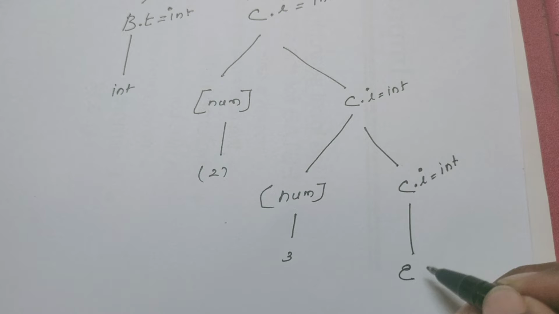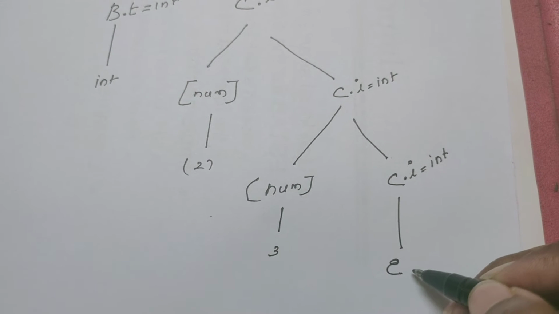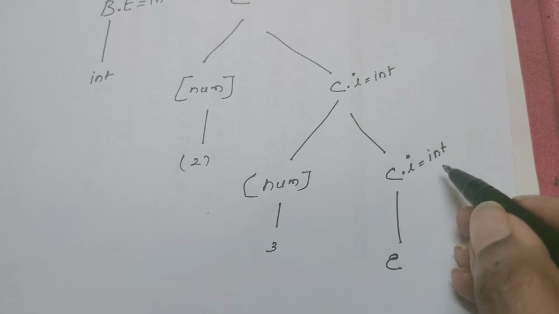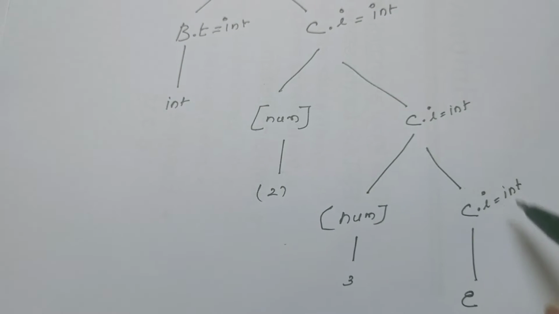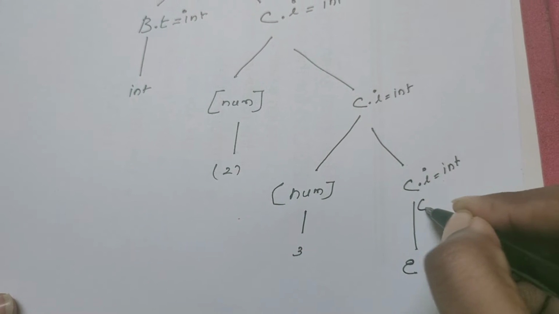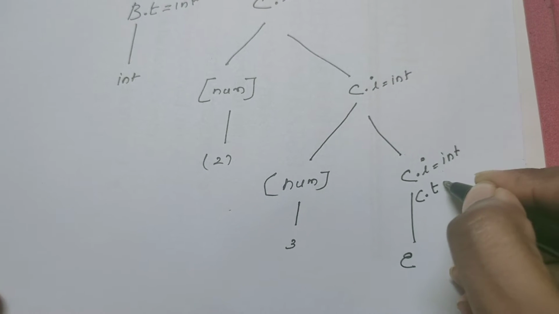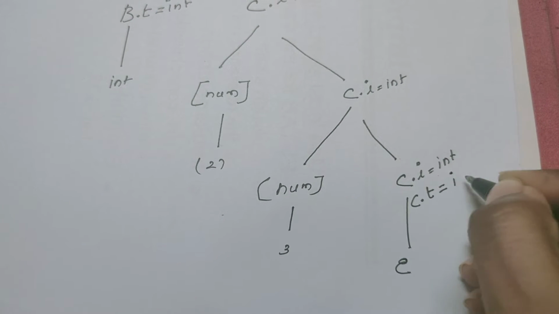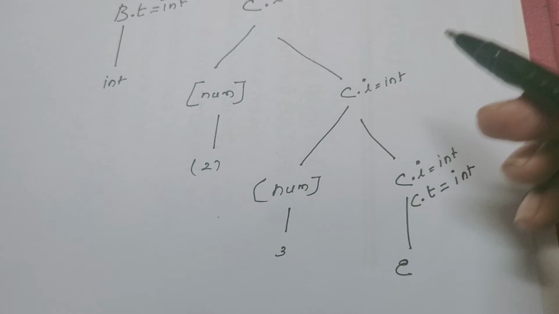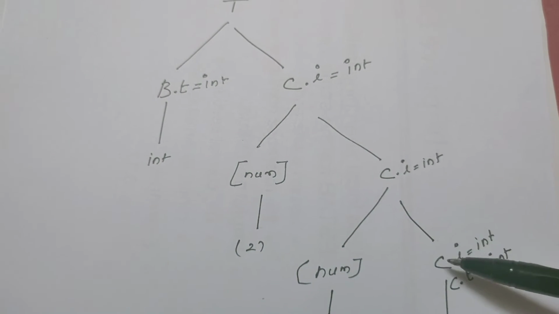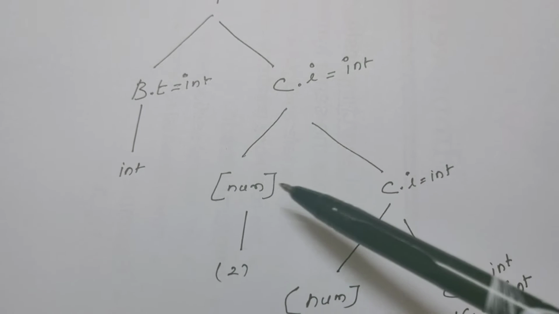Once C is replaced by epsilon, it means the growth of the parse tree is stopped here. The value whatever is inherited from its parent node is synthesized here. So for the synthesized attribute we are using the name T, right? So let it be T here. C.T is equal to integer. Right? While the value is being passed down, it has come across two things.